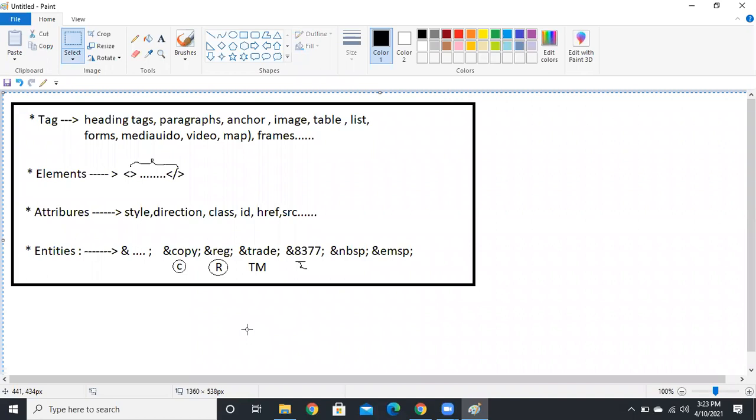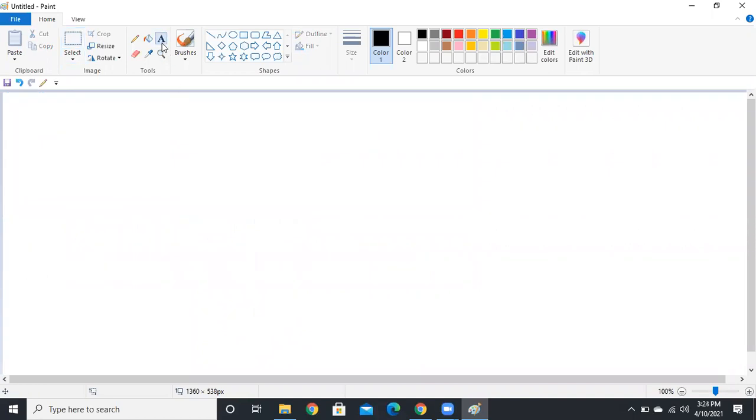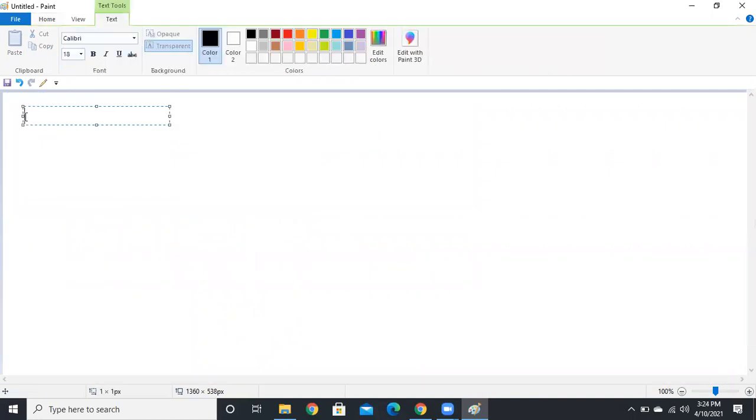Next. Coming to the elements in HTML, we have two types of elements, guys. One is block level elements. Next, we have inline elements, guys.